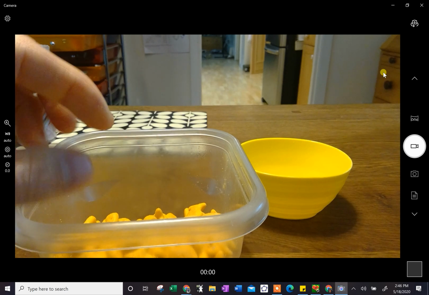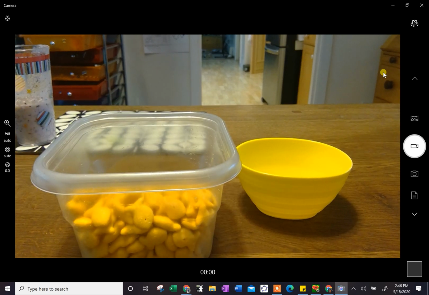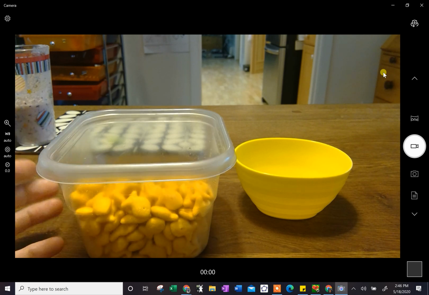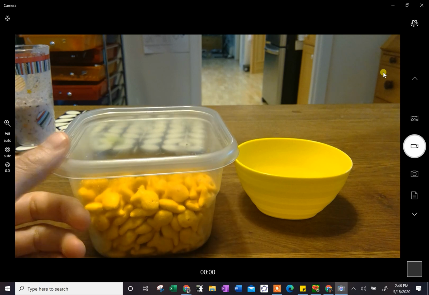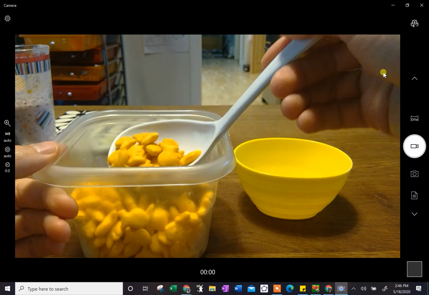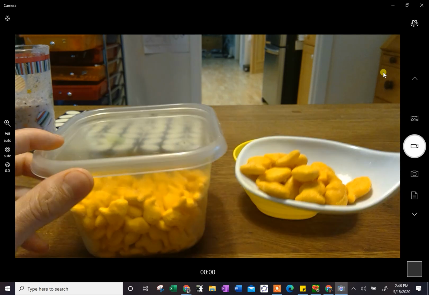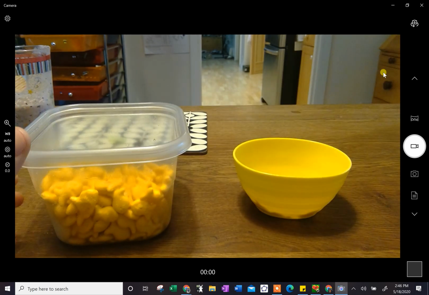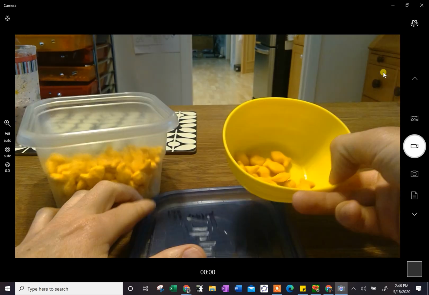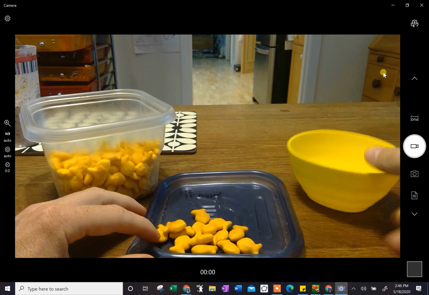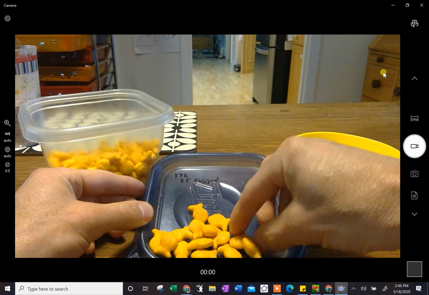And what I did was, I'm pretending that these are real fish. I wanted to know how many fish were in a particular stream or pond. And so I tagged 25 goldfish, and then I would take out a sample, separate them, and count them out, and figure out how many actually had eyes, and how